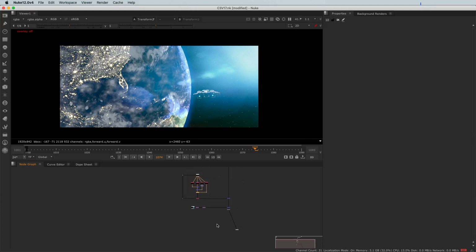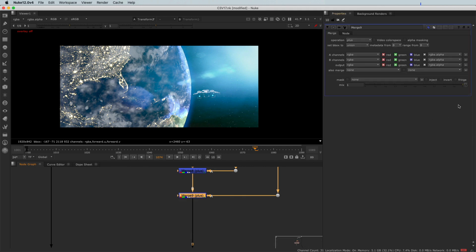In this video, we are going to see how to use the dope sheet to adjust animation keys. Alright, I'd like to create another animation here. And you don't have to animate a transform node. Any node can be animated. For example, the merge. As long as you have this little animation menu here, it means that the parameter can